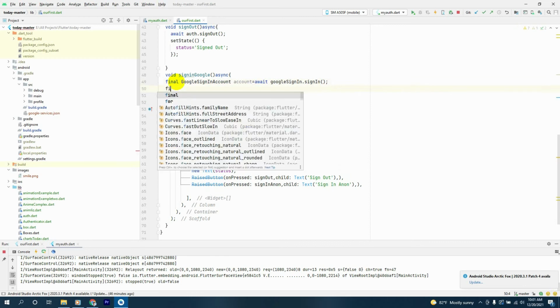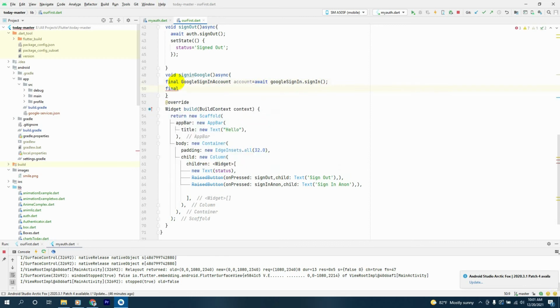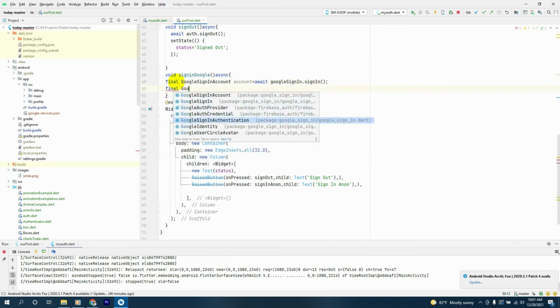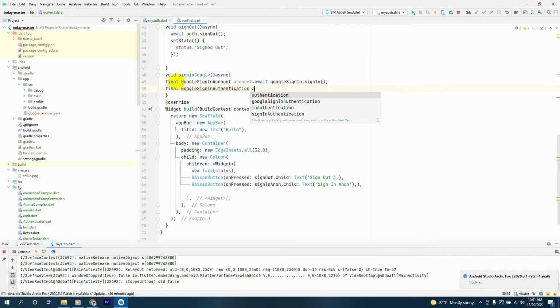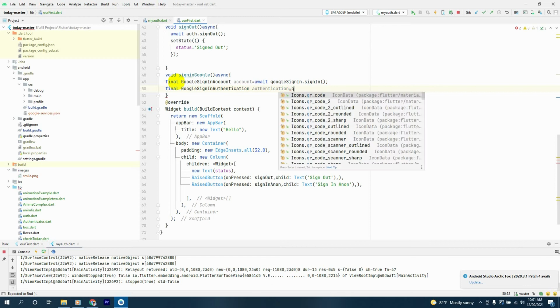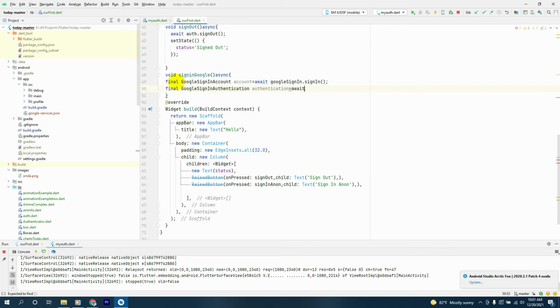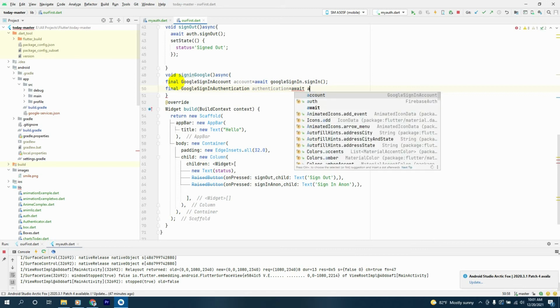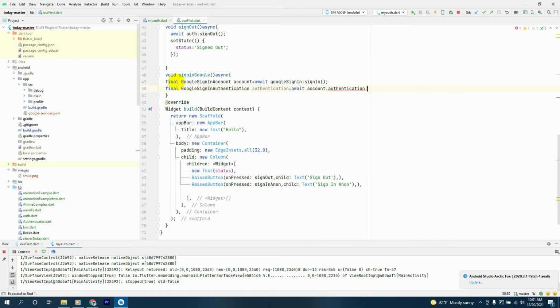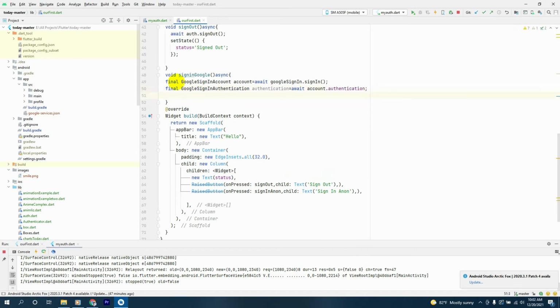And next thing we'll have final Google sign in authentication called authentication equal to await account.authentication like this. And next thing we'll make a final user credential